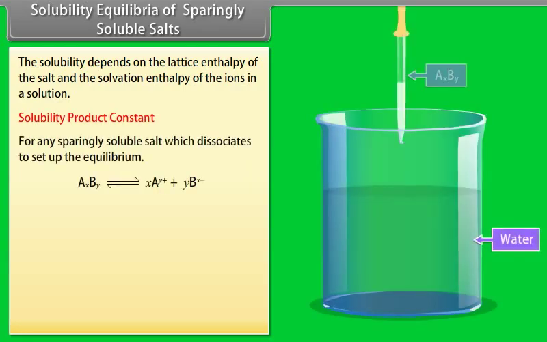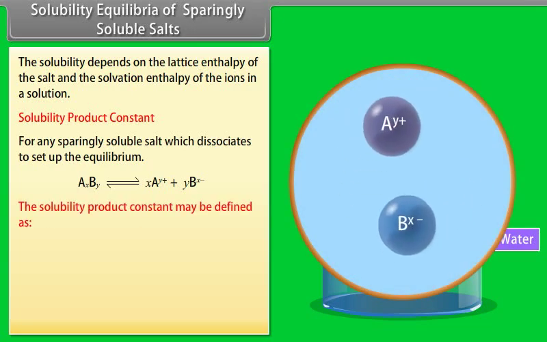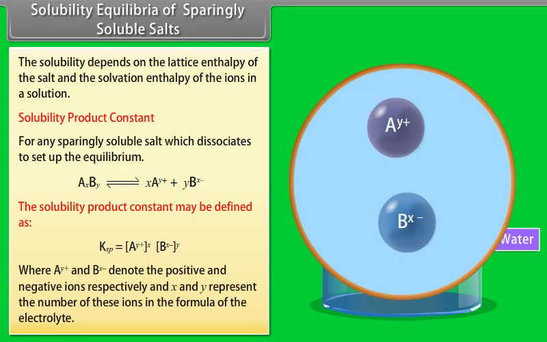For any sparingly soluble salt A_xB_y which dissociates to set up the equilibrium, the solubility product constant may be defined as Ksp = [A^y+]^x [B^x-]^y, where A^y+ and B^x- denote the positive and negative ions respectively,